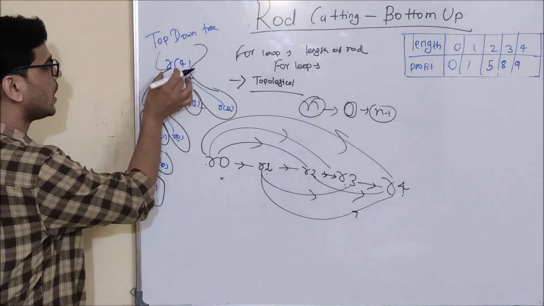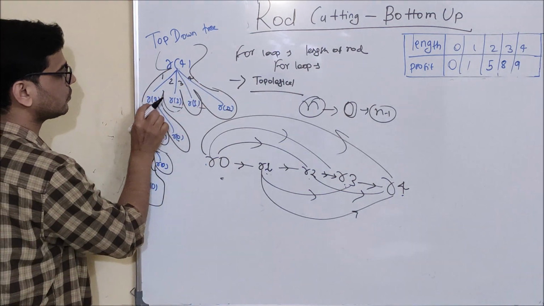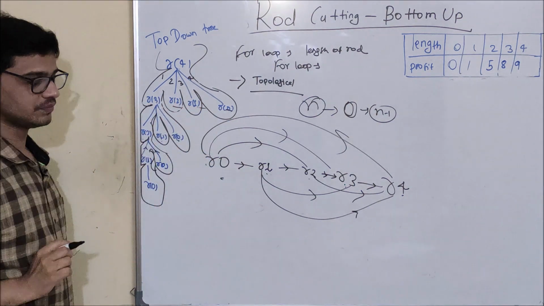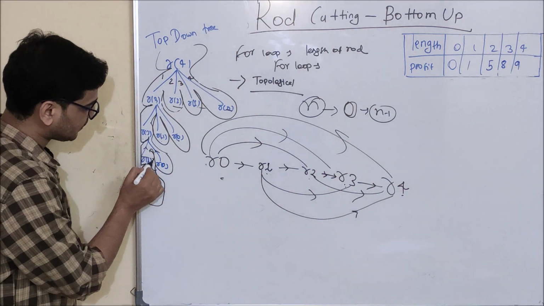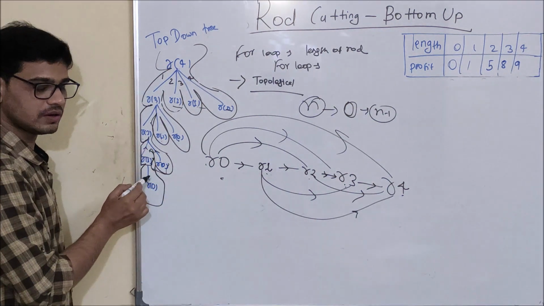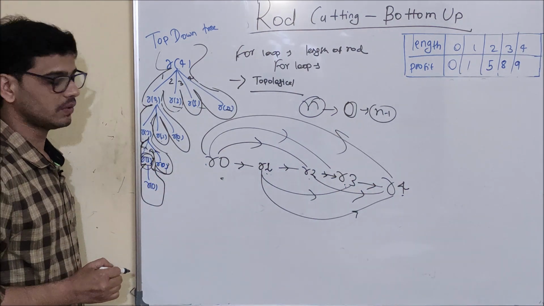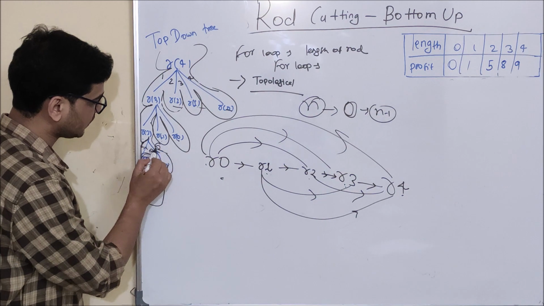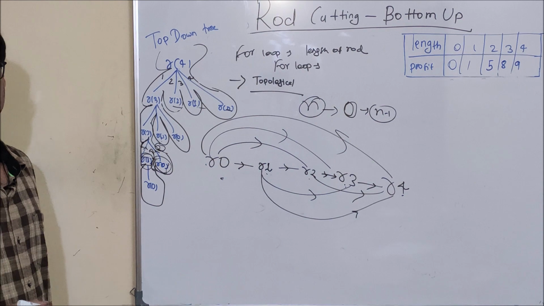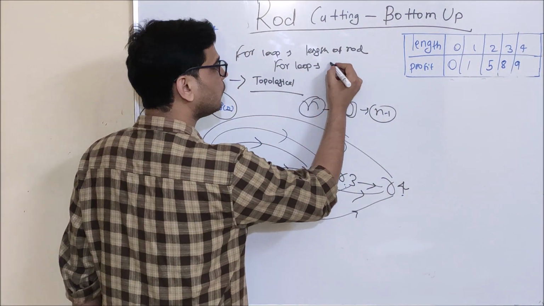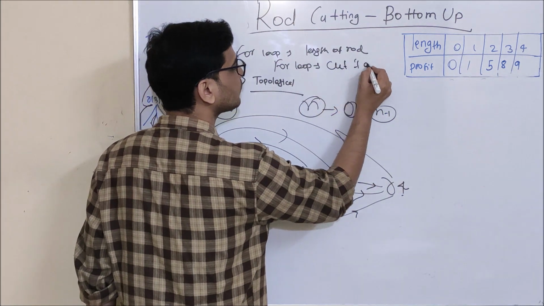See here, for R4 I am giving a 1 meter cut, 2 meter cut, 3 meter cut, and only then am I calculating R3, R2, R1 and R0. If you go bottom-up, suppose I have calculated R1 and R0. Then I will give a 1 meter cut and see what the value of R1 is. And I will give a 2 meter cut and see what the value of R0 is. So basically, I will have a for loop under it which will keep track of the cut I am giving.